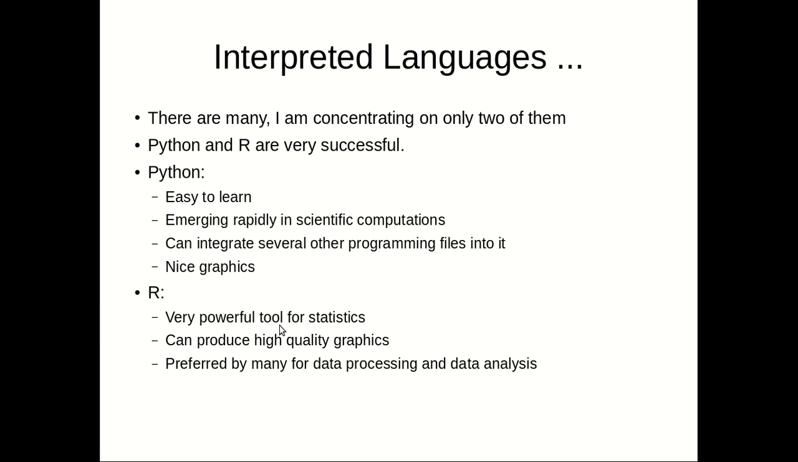Whereas R is primarily used for statistical purposes. It produces very good quality graphics, and many recommend R for its graphic plots, because the images produced by R are really good. And R is actually preferred for data processing and data analysis, where you have large chunks of data, and if you want to do statistical calculations like probability distribution functions, or testing of a hypothesis,